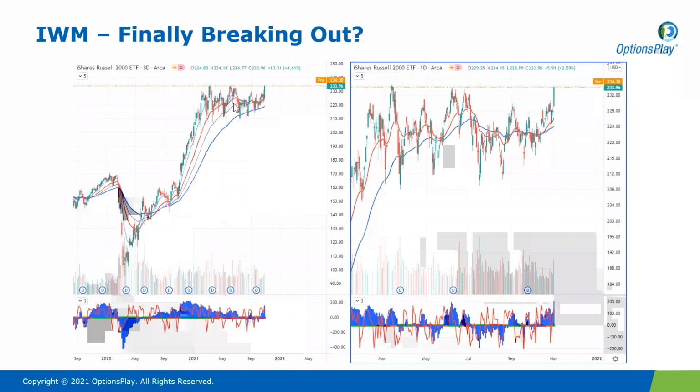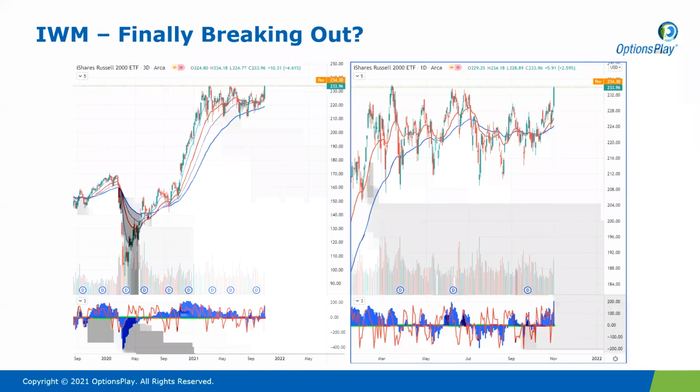Looking at small caps, now finally we're seeing some exciting price action, if I could say that. What we have here is a longer term neutral trend for small caps. Major indices, or the large and mega cap names, were making new all-time highs. Small caps really weren't participating in that, and prices were relatively range bound between that